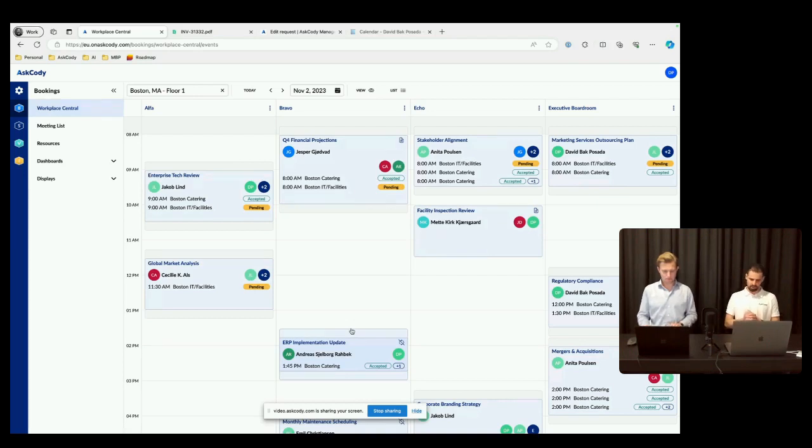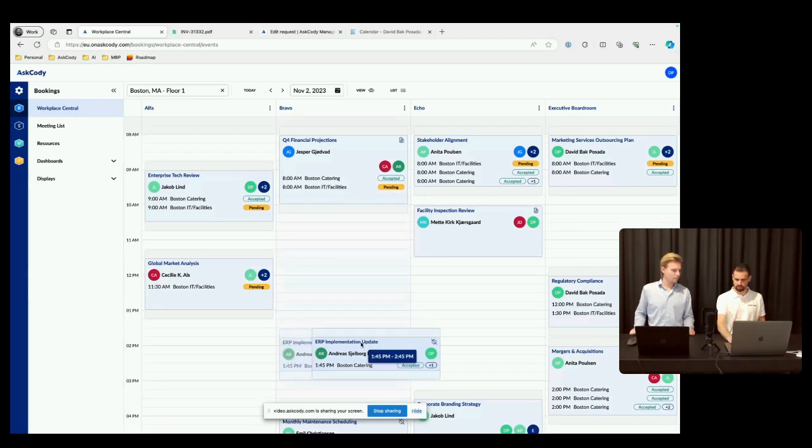So, as the assistant has the power to reschedule events in Central, they can just simply go ahead, respecting the organizational process that they have decided, which basically means that we can reschedule events, but we should respect, when possible, the start and end time of them. Then we can just very simply take the ERP implementation update, and as we did before, just drag it and